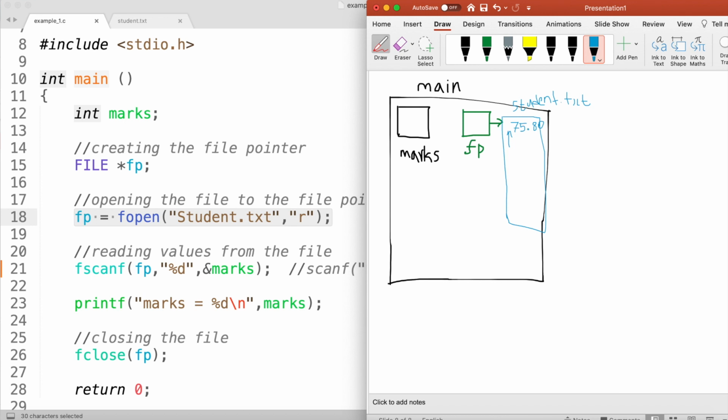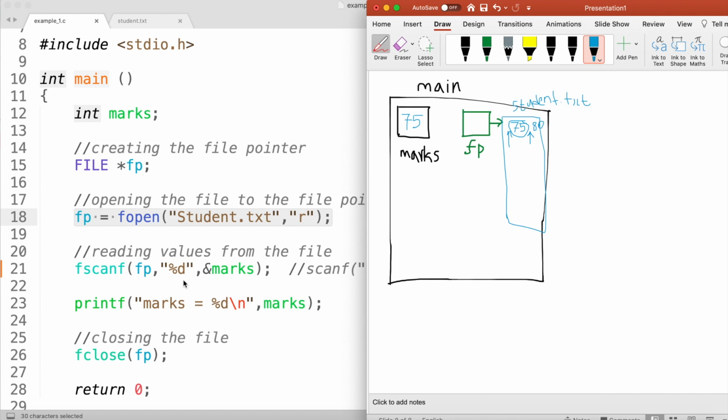So it will read this 75 and store it into my marks variable. After reading that 75, my reading cursor goes to the next space, the space between 75 and 80.